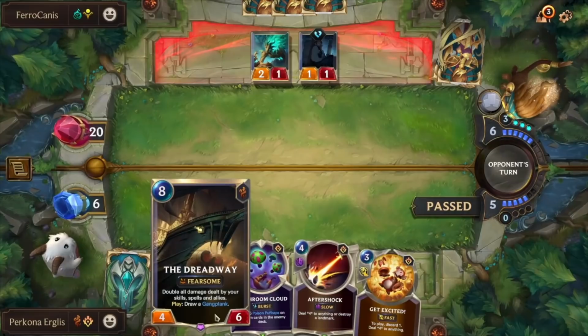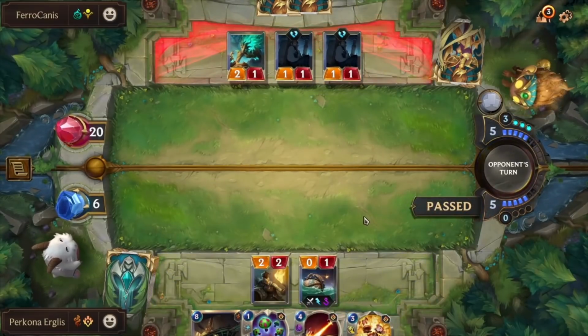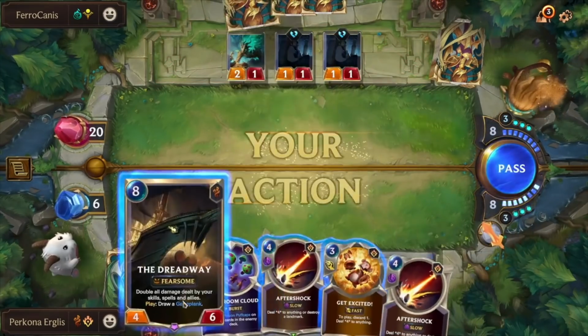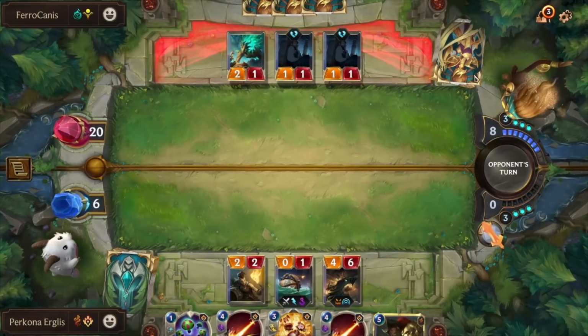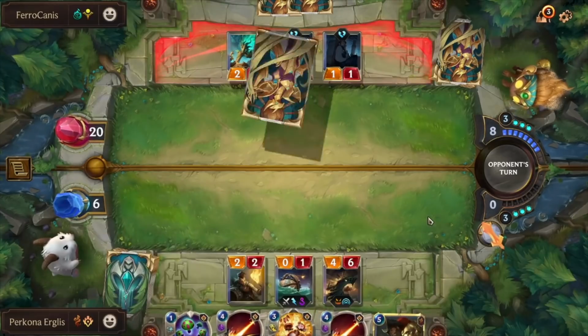We'll pass. Keep some mana for next round. Maybe I'll draw a Make It Rain. Just Aftershock. What are the chances he's got Vengeance? This is a very aggressive deck. He hasn't really had any...